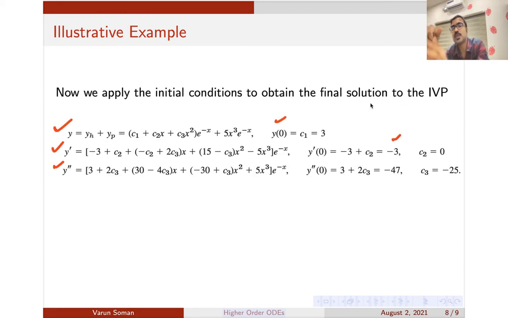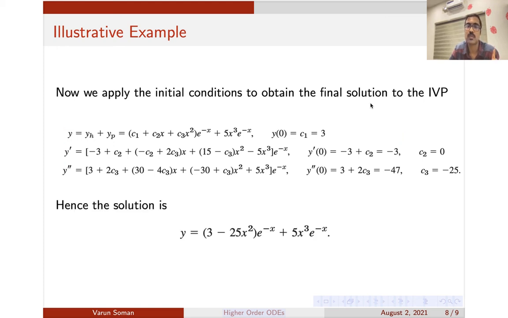Once you get the final solution, we can find the solution for the IVP by just substituting the values there. They have given you the value of y of 0, y dash of 0, y double dash of 0. So you need to find what is y dash and also y double dash. You can find it by simple differentiations, routine work. Once you have found the values, you can substitute x is equal to 0 to find the value of those arbitrary constants and obtain the final solution to this problem.